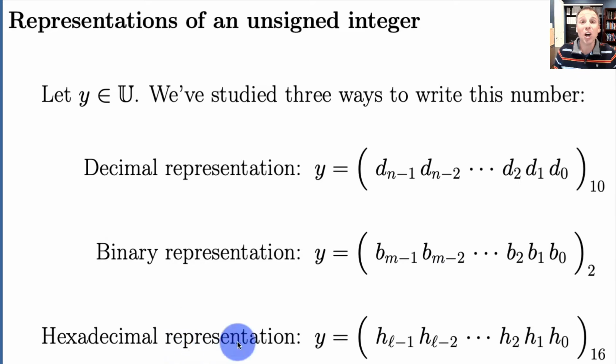Of course, we also saw the same idea in hexadecimal representation, where each hexadecimal digit tracked scalar multiples of the corresponding base 16 raised to the power. In this video, we're going to focus on the translation between decimal digits and binary digits. Specifically, for any unsigned integer, how many decimal digits are necessary and how many bits are necessary? We're going to come up with a distinct formula that allows us to calculate a priori the number of decimal digits we might need versus the number of binary digits we might need.